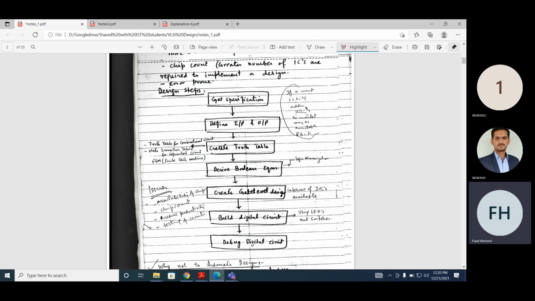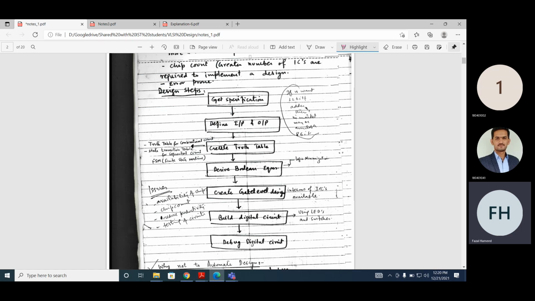When you get the specification, then you define inputs and outputs. What are the inputs to your design and what are the outputs of your design? We started with the module function in Verilog. There are some inputs and there are some outputs. Let's assume you want to have an 8-bit adder. What are the inputs? A[7:0], B[7:0], and C. What's your output? Sum[7:0] and C. So then you define the input and output of your module.